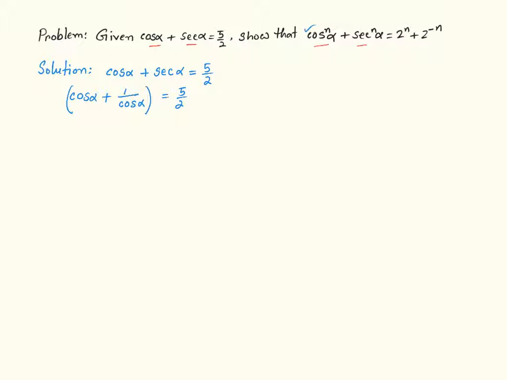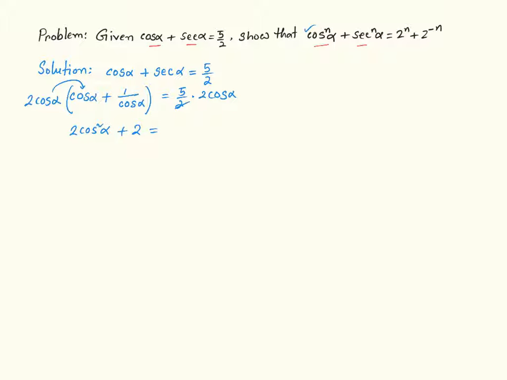So using the distributive property, 2 cosine alpha times cosine alpha is going to give me 2 cosine square alpha, then plus 2 cosine alpha times 1 over cosine alpha is going to just give me 2, is equal to